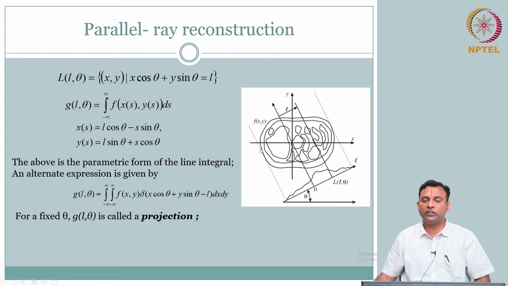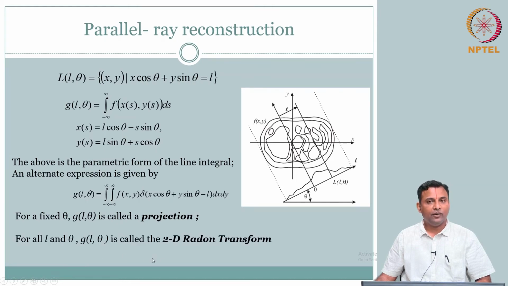Each one is registered, you know which direction it is coming from, you know which detector, so you know your L. So you have what is called a collection of projections. It kind of seemed intuitive, but what we didn't recognize is this collection is called your 2D radon transform. So if I give an object, and I have reduced dimensionality, or the projections from different views, then for all L and theta, your g of L comma theta is called the 2D radon transform.